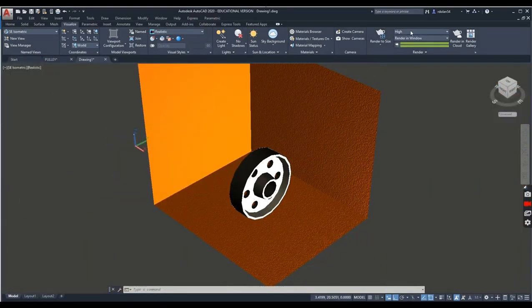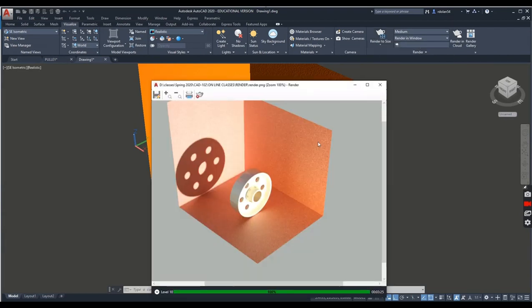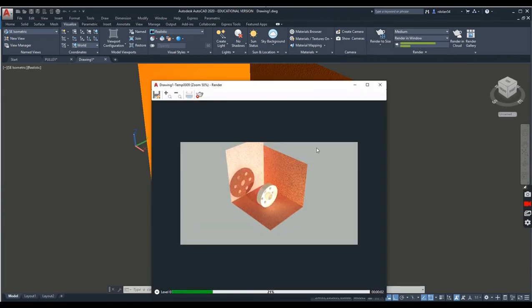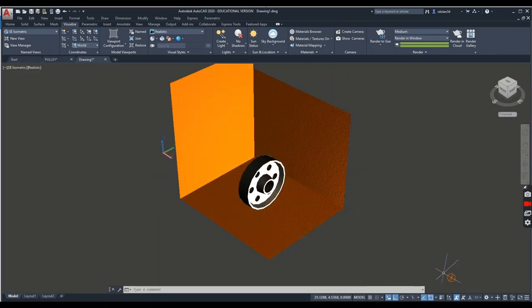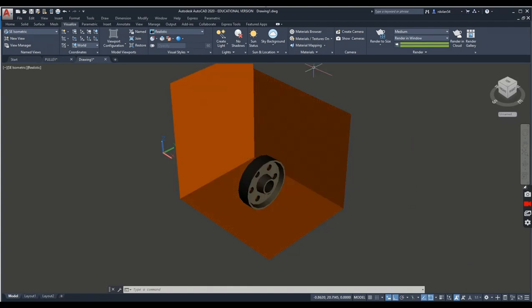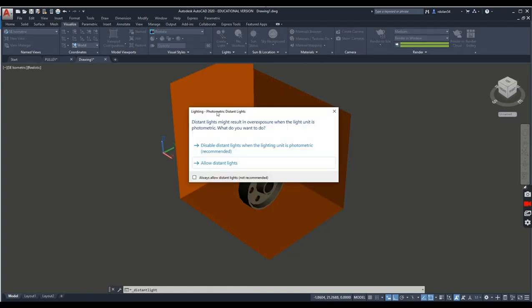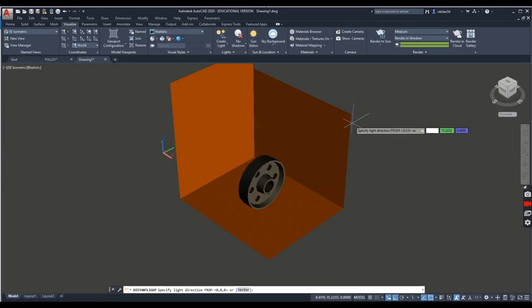If I go, I'm going to put this on render at medium so it goes faster. I'm going to render to size again. Okay, and you'll see a little bit different because we have that distant light there. If I now delete this light that was over there, okay, say create light, allow distant light. Okay, I'm going to take this endpoint,